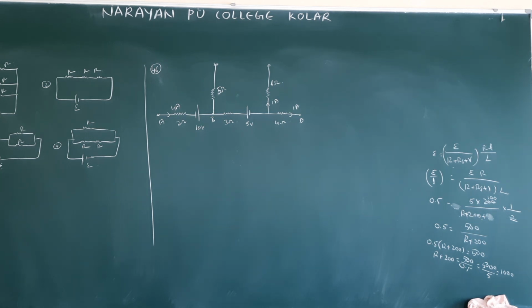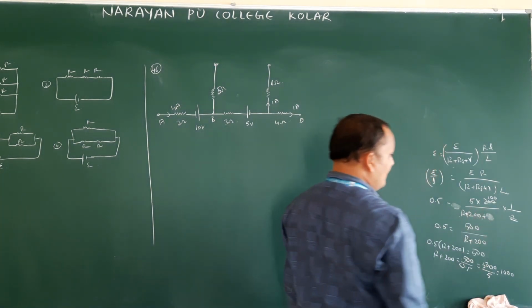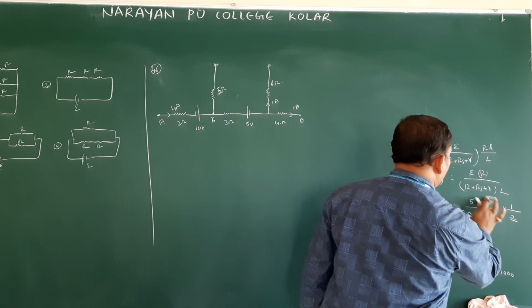So the capital R value, how much did we substitute? Sorry, here capital R value we substituted. Capital R we have to find. This is the series resistance. This R value also you should substitute as R1.